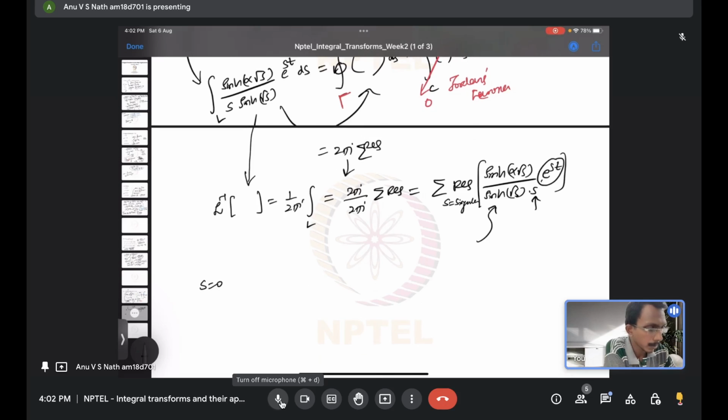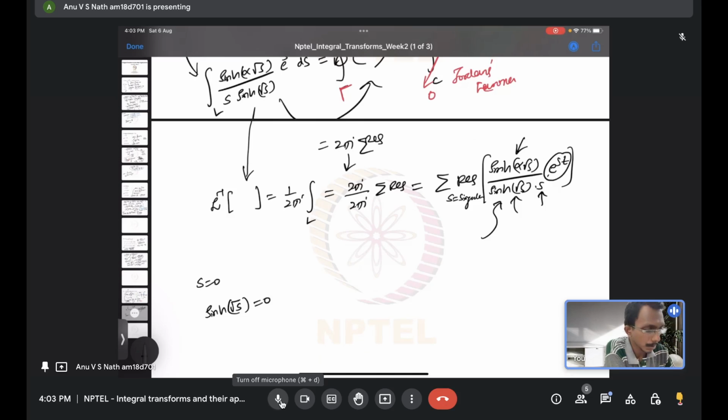The exponential cannot be 0 or infinity, so it does not contribute to the singular points. The numerator sinh is also a bounded quantity which cannot go to infinity unless s itself goes to infinity. But the denominator sinh root s